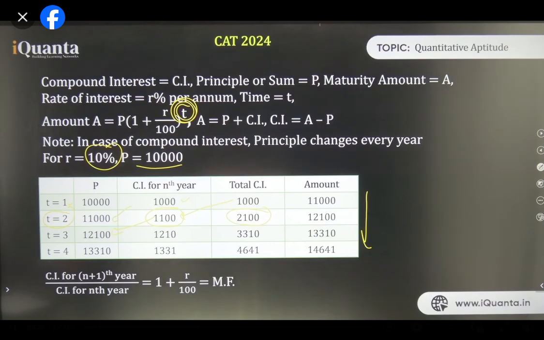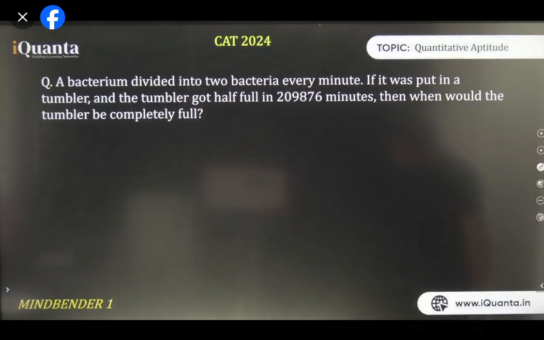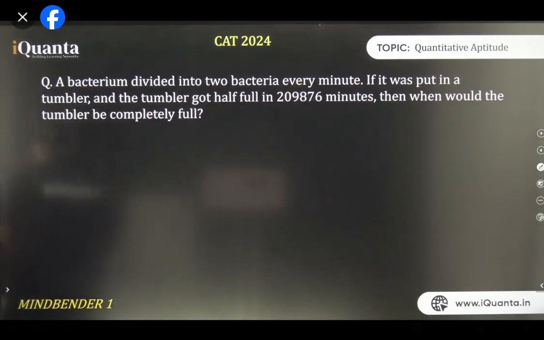Okay? This is showing you a pattern. Anyways, let us try to do the questions first of all, and things will be very easy. Just by doing the questions, everything will be clear. Ashani, right, it is geometric progression. I'm not using those terms because even in simple terms, people are facing problems. So I'm not using GP or AP. I want to use that. But yeah, it's GP, and in the case of SI, it is AP.